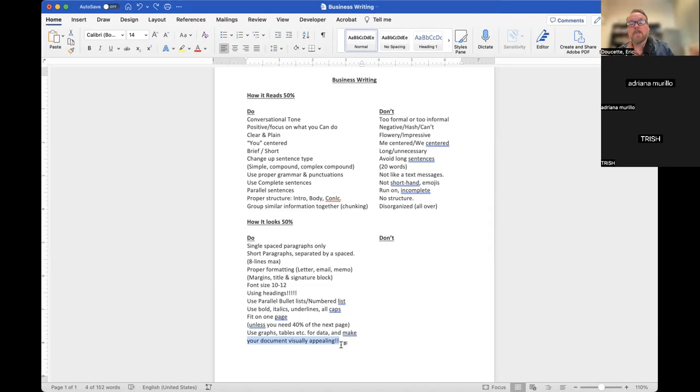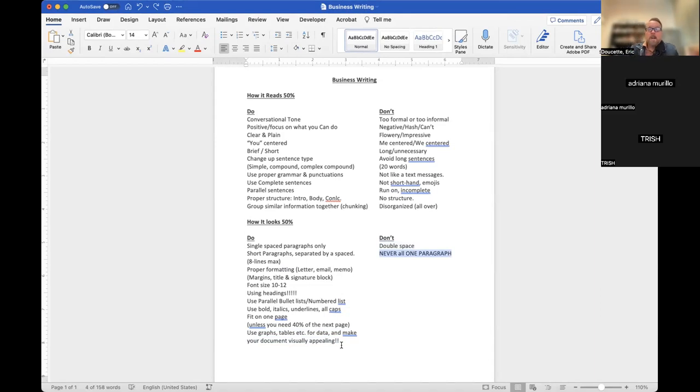All right, here's the don'ts. Don't double space your document. The only thing in all of business writing that's double spaced, the only thing, is the title block of a memo. That's it. Your signature block, always single spaced. Your address block on a letter, always single spaced. All the paragraphs, always single spaced. Everything is single spaced. The only thing that is double spaced is the memo title block. That's it. Everything else is single spaced.